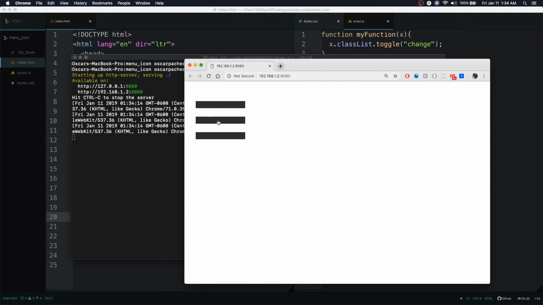Now when I hover over it, as you can see, my cursor changes, and then once I click on it, it does its effect. As you can see, the second div bar disappears because we made the opacity go to 0 when we